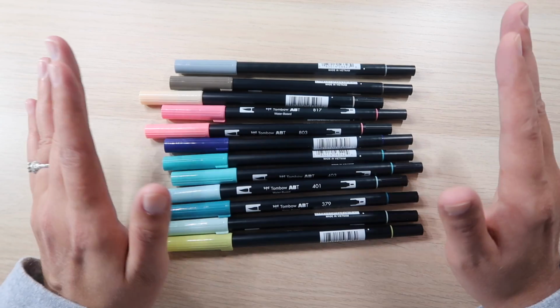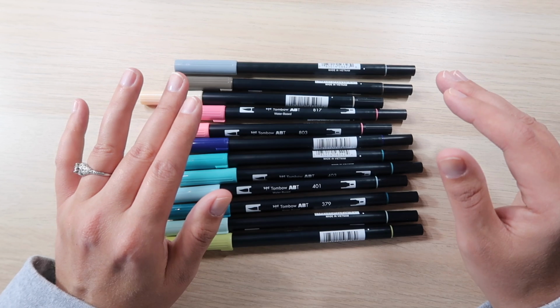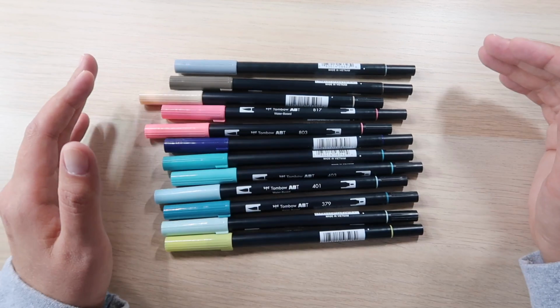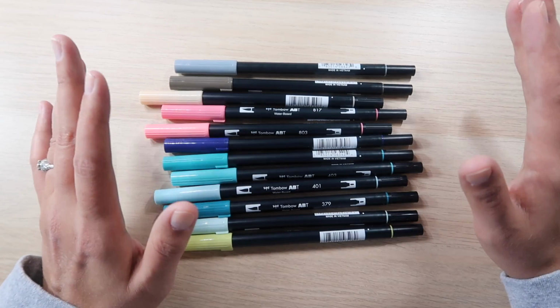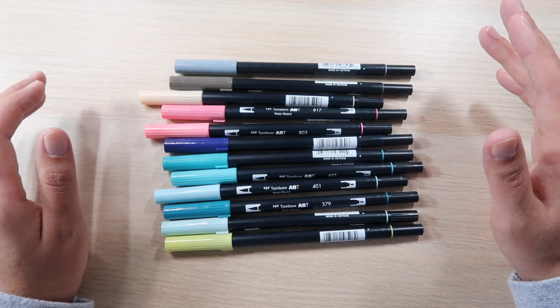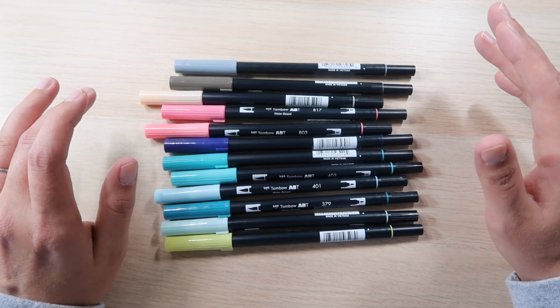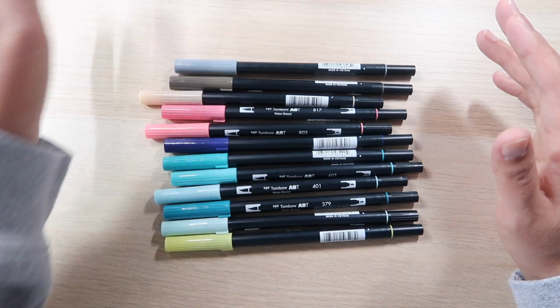Now, I got these in the VIP box. I don't order the VIP box every time it comes out, but I do when there's a newer product that I'm interested in. And the last 3 times they've done the box, there have been products I've wanted, so I've ordered it. But you can also get these on the website. They are available on the Tombow website in the new dual brush pen colors set 12-piece bundle for $38.28, which isn't super cheap, but it's pretty much in line with